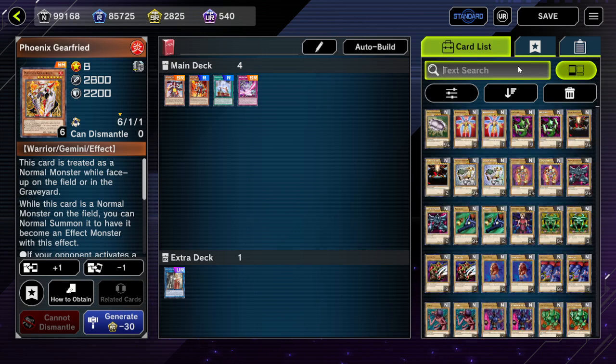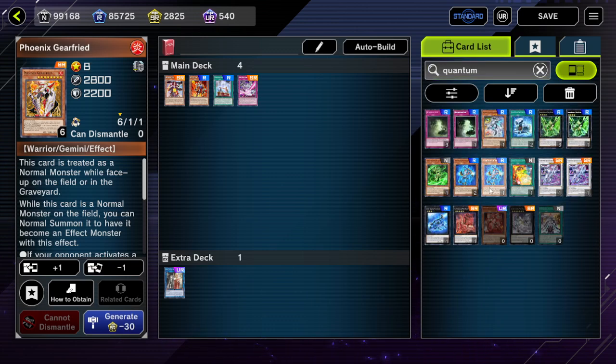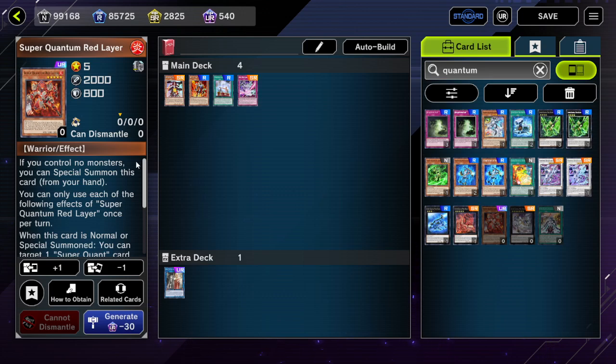Is there another level 5 that we might be able to use? Let's see, Quantum. Wow, my ability to spell. Alright. Super Quantum Red Layer technically works, but we can't special summon this. We can add it, but that's it. Alright then. How about this then? What about